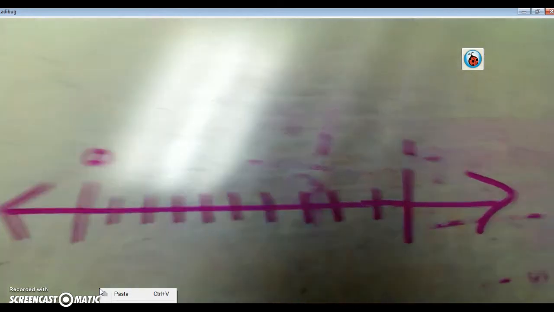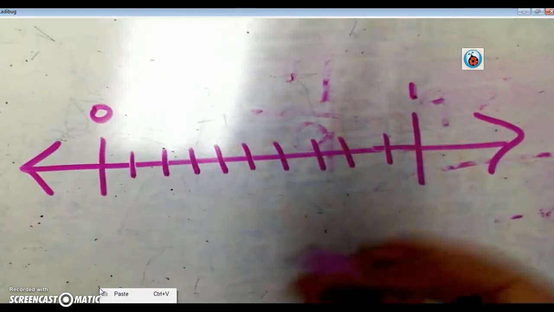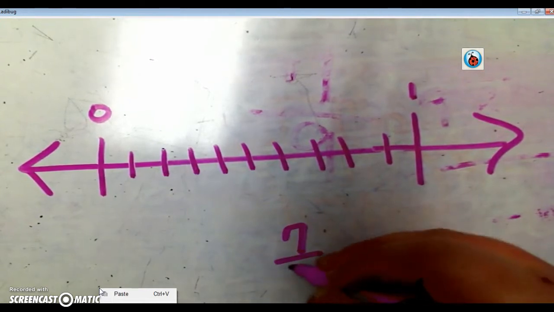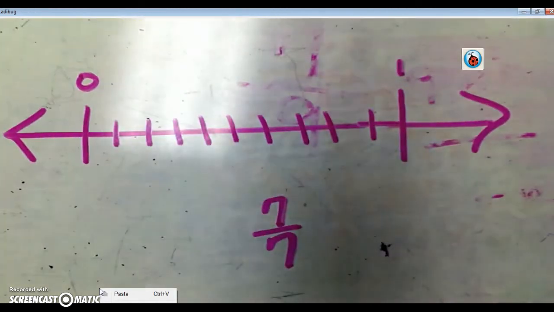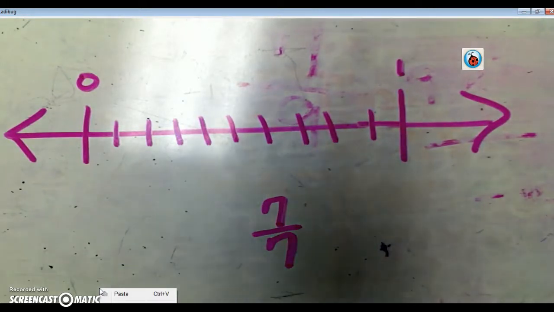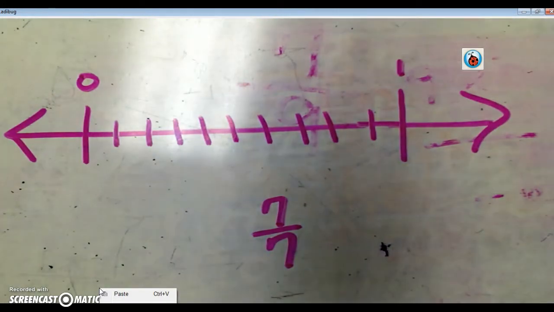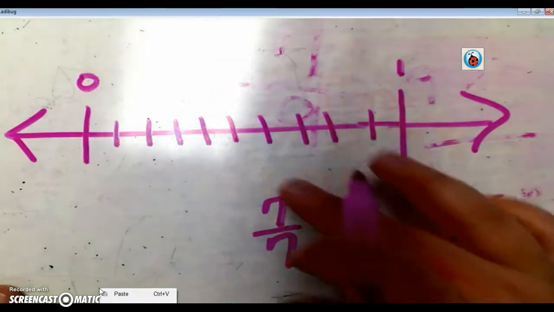Do we understand that? If I have a number over itself, like for instance 7 over 7, you understand that 7 over 7 is always equal to 1 whole. If I have 13 over 13, it's always equal to what? 1 whole. 1 whole. Okay? So,